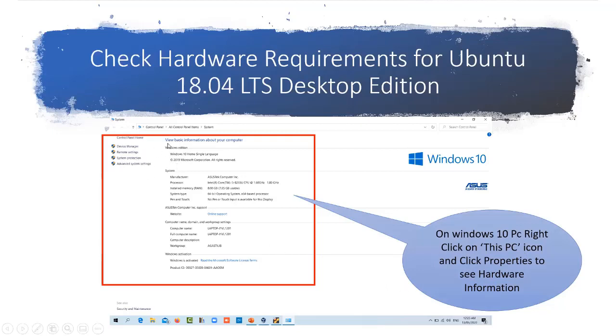You will get the hardware information in this section. Let's see: the processor is Intel Core i5, 8 GB of RAM, and a 64-bit operating system has been installed on this machine. In this way you can check hardware requirements.